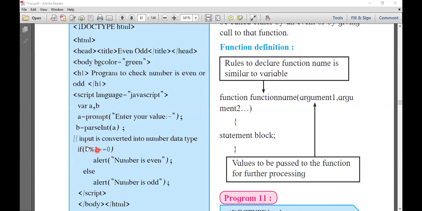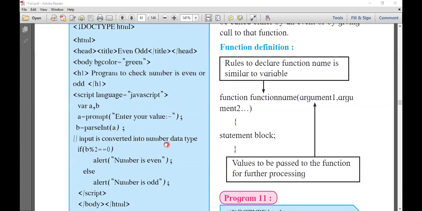Is that remainder 0 or not? If the remainder is 0, then you can say the entered number is even, else you can alert the entered number is odd. Because when you have to find an even number, the remainder when you divide it by 2 should be 0.